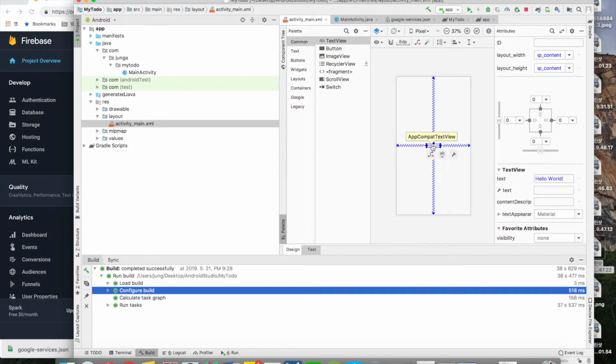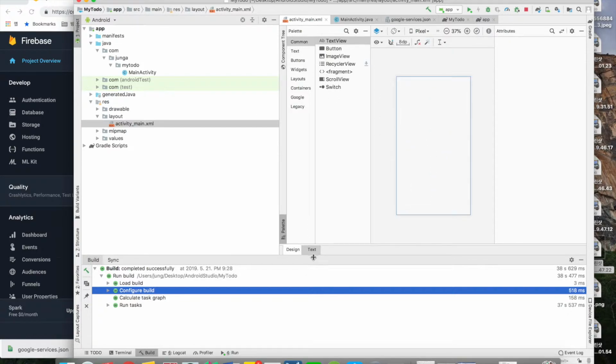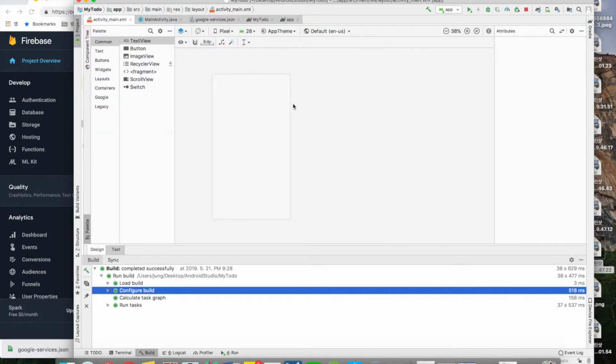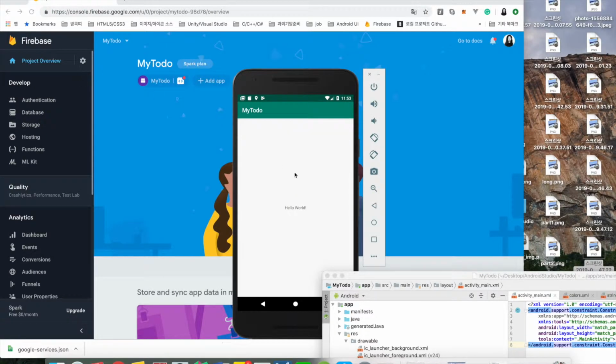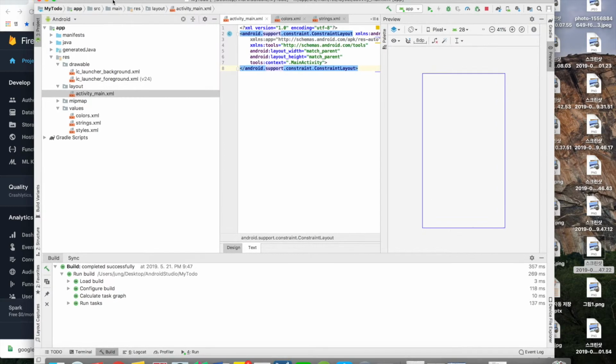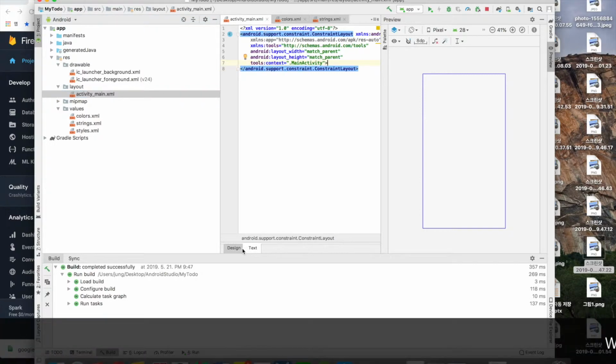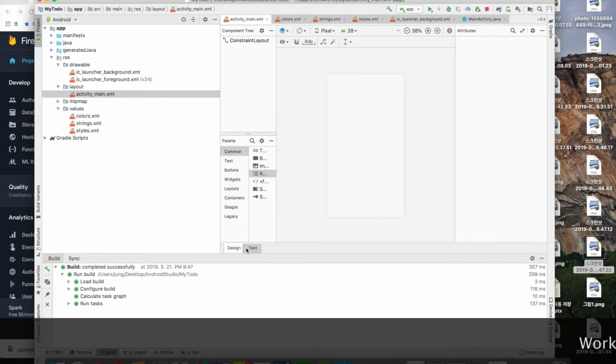So what we want to make is a simple to-do app, which is gonna create, update, read, and delete. So there's nothing much to set up for our layout. So I'm just gonna rewind this really fast. If you want to know more details about my layout, you can just go to the GitHub link below and check it out. So I'm going to use a constraint layout